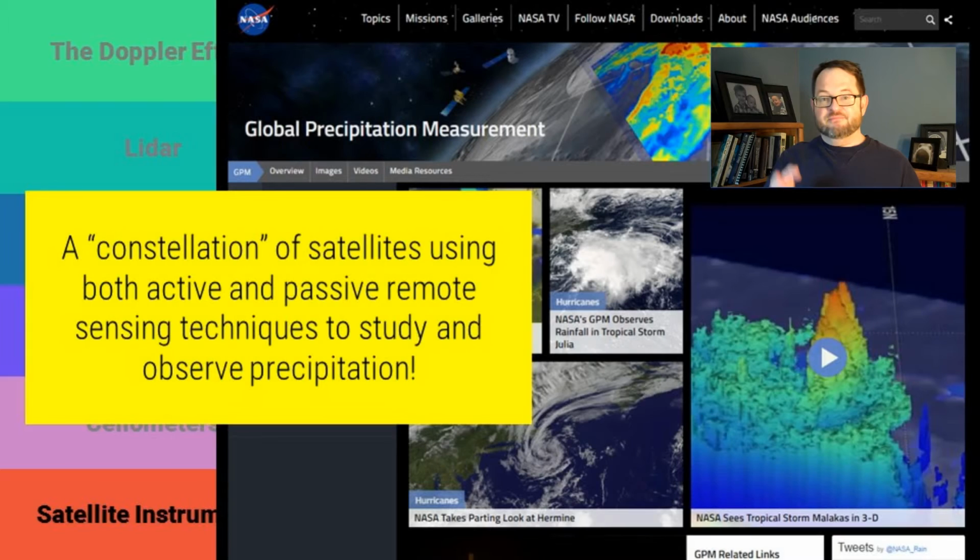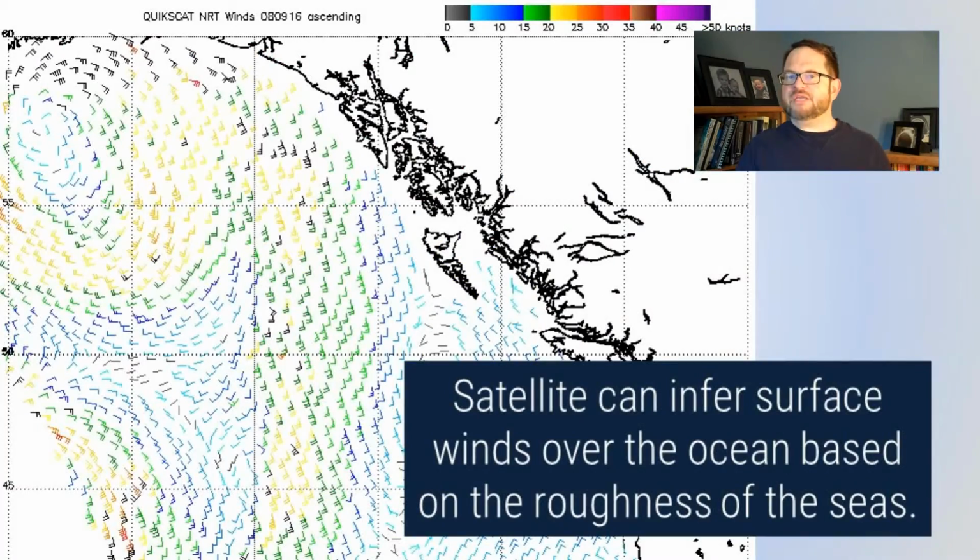Okay, so getting this beautiful new high technology stuff to work is totally cool. For more wind applications, I thought I'd just show you real quick. Over open oceans, measuring the surface winds is actually not terribly difficult at all. Satellites can infer those surface winds over the ocean because the ocean changes its roughness in response to the speed of the wind. I don't want to say that the satellite looks down and can see the waves or something like that. This is a much more microphysical property. It has to do with the polarization and scattering of the microwave radiation that it's emitting. That can tell things about the roughness of the ocean,